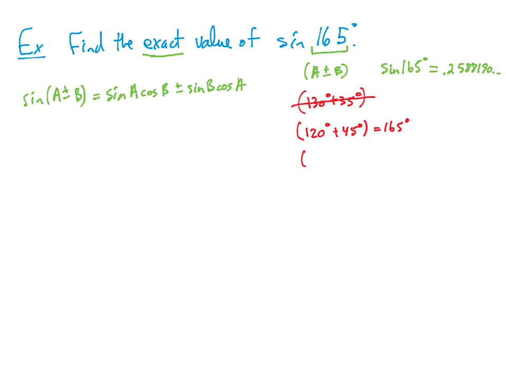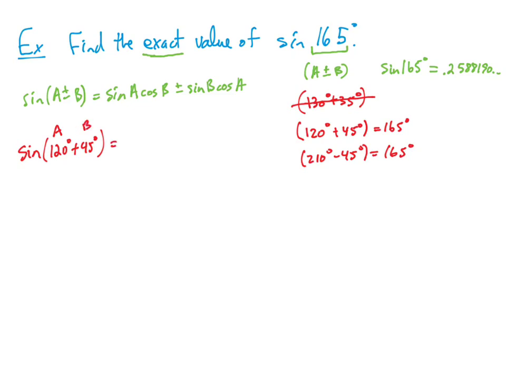We could also do 210 degrees minus 45. That also equals 165 degrees. And there are many more that we could pick. So I'm going to do 120 degrees plus 45 degrees. So sine of 120 degrees plus 45 degrees. Okay, and what I'm going to say is A is going to be 120, B is going to be 45